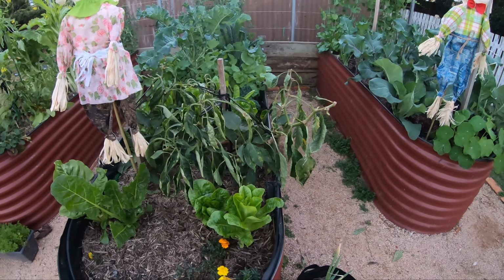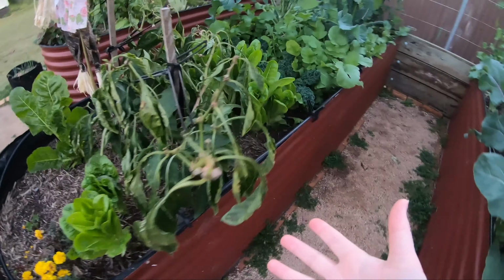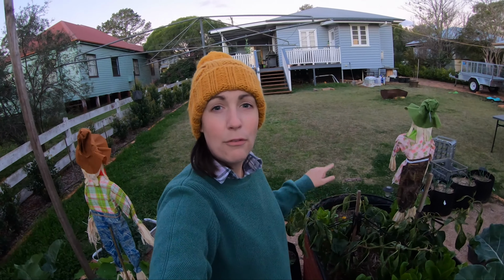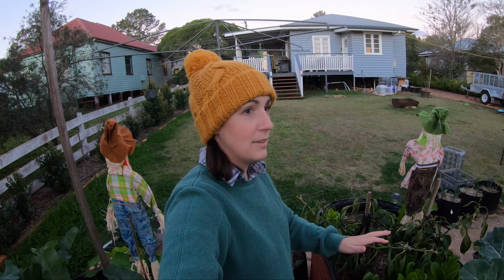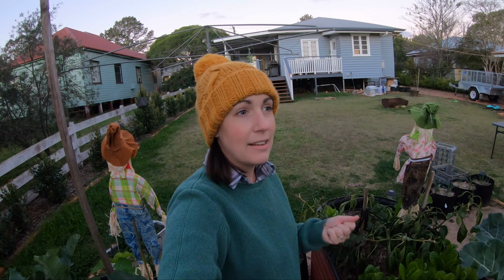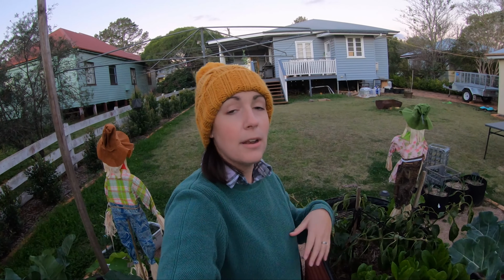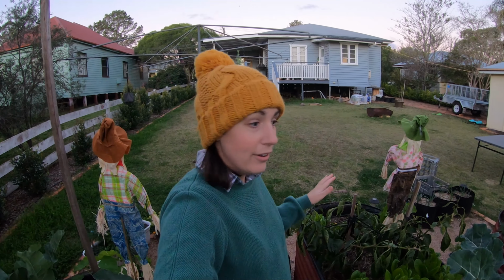And at the same time noticed that absolutely all of my capsicums are gone. All of them. I had about 4 red capsicums left ripening on this. I'd specifically taken off all of the smaller ones because we have been getting some capsicums because the fruit fly's gone and I wanted to let them ripen and then I was going to rip the plants out. But they are completely gone, and I've noticed that on the ground